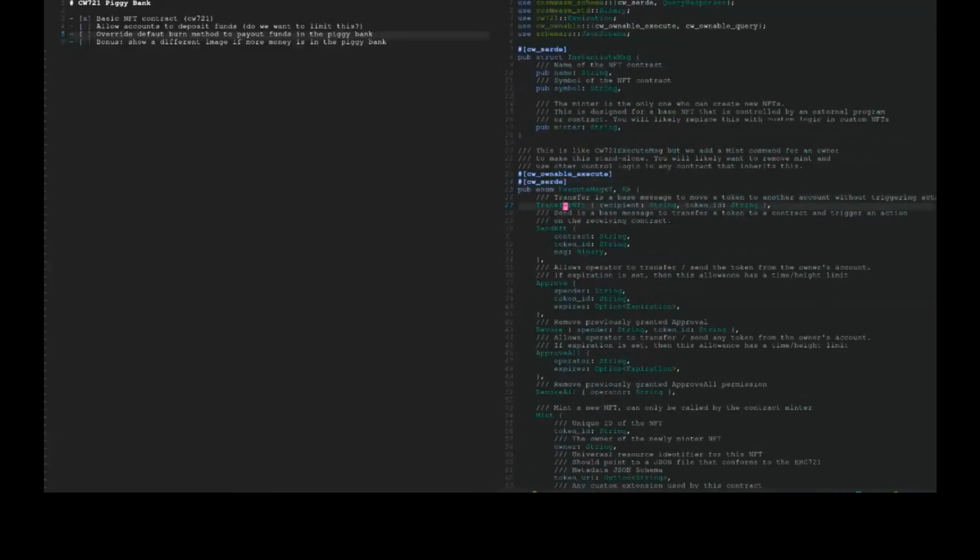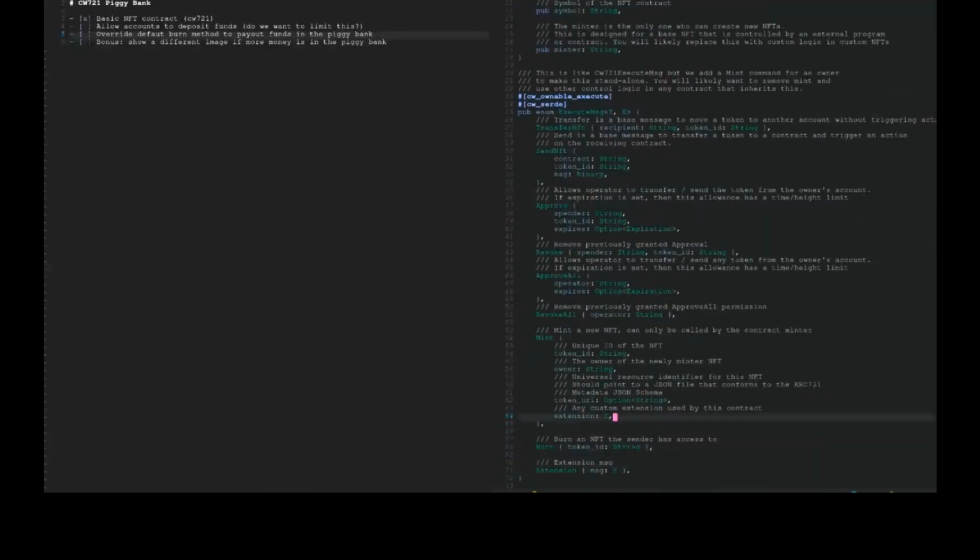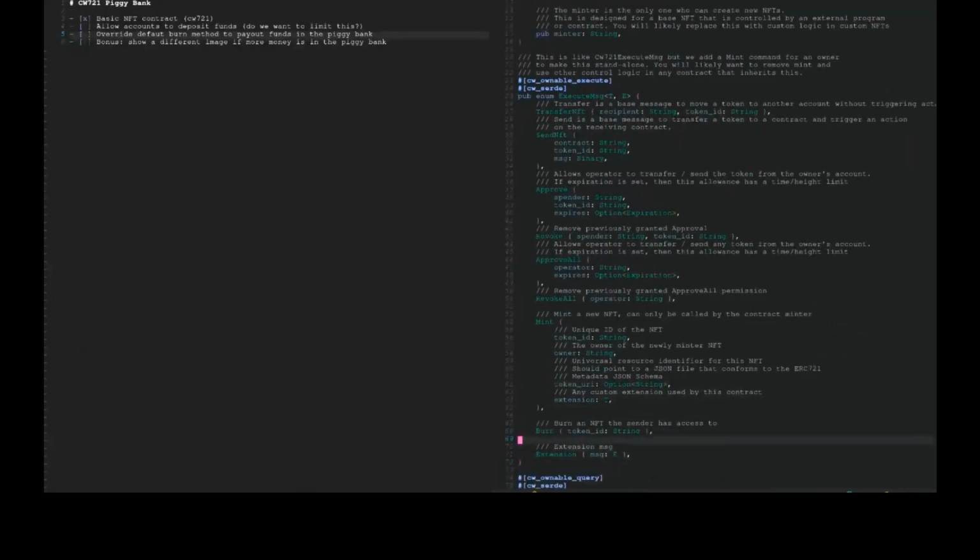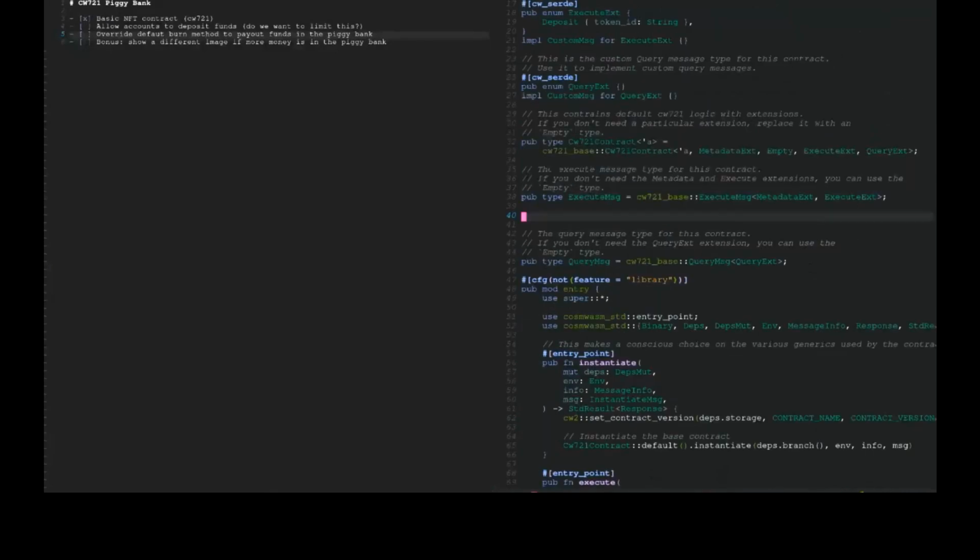So see how we have this enum here, which is the execute enum. And you've probably seen this if you've done a CosmWasm smart contract before, but do you see this little T and E here? These are generics. And if you scroll down here, we can actually see the generics being used in the messages down here. This allows you to create a type that's basically extensible. For example, we could just do